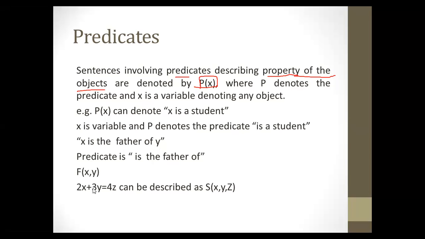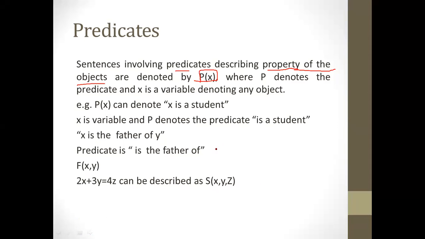x and y. Similarly, 2x + 3y = 4z can be described as a predicate capital S(x, y, z). Here we have three variables. z should be in small case, it's not capital Z. So here we have three variables x, y and z. So we have written one predicate which takes three variables x, y, z. So this is one